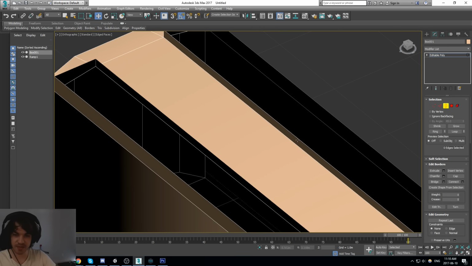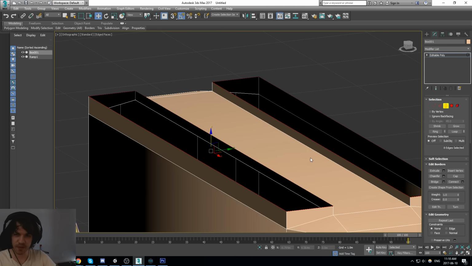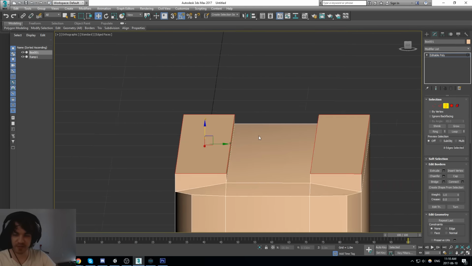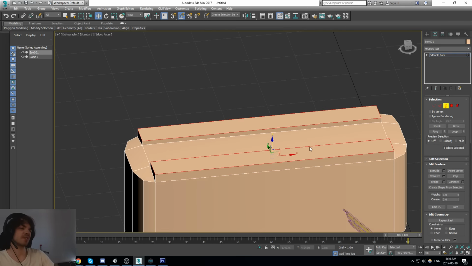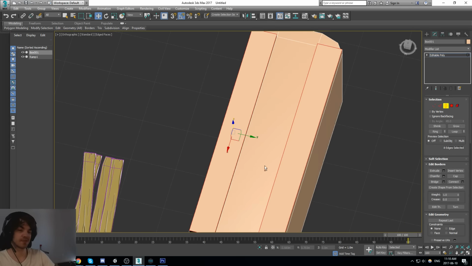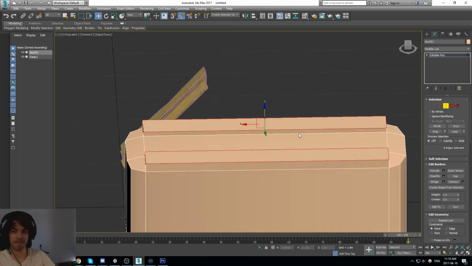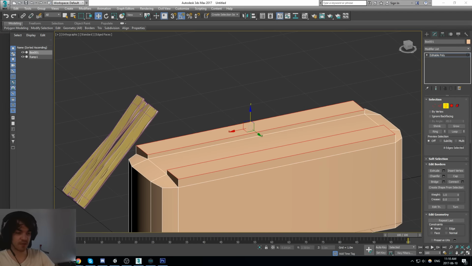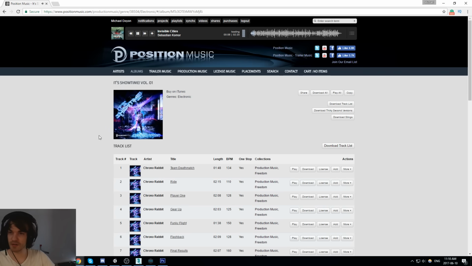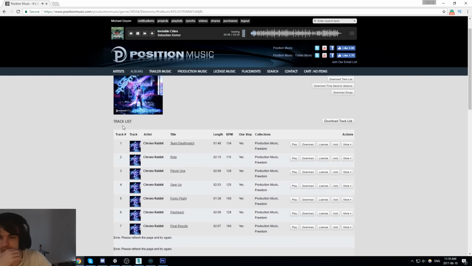Oh, why am I messing this up? Okay. Let's take this, cap it. That's gonna be our blue part. It's gonna look weird, is it? How did we fall again on this song? What the hell?